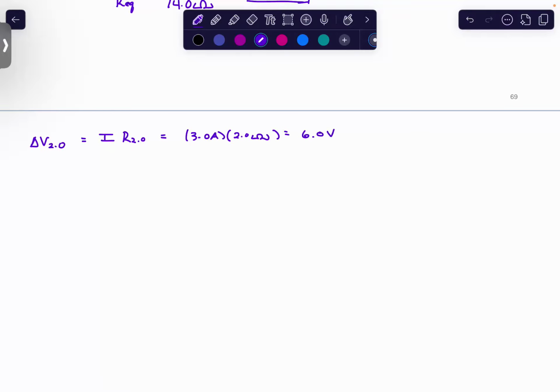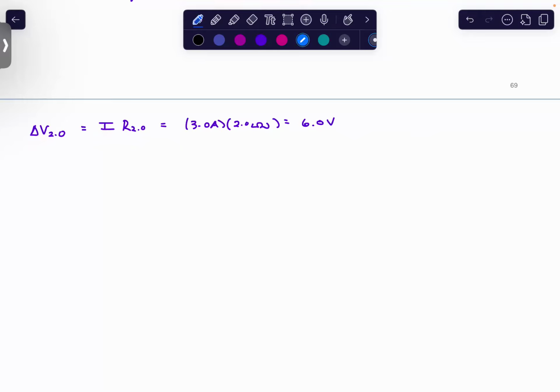It's going to be 6 volts. Now we have this parallel where you have the 6 ohm and the 3 ohm from the original diagram. They both share that 6 volt delta V. And so then remember, I1, I2,